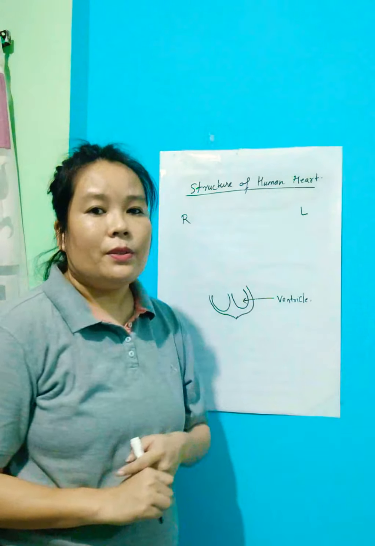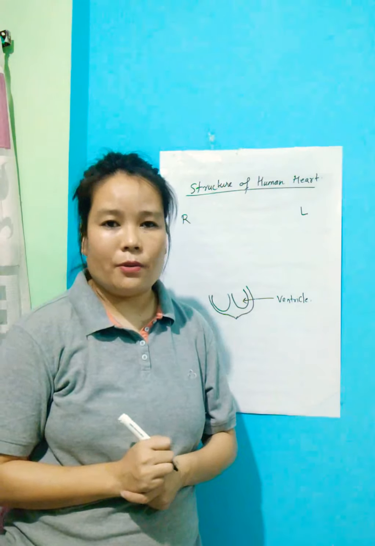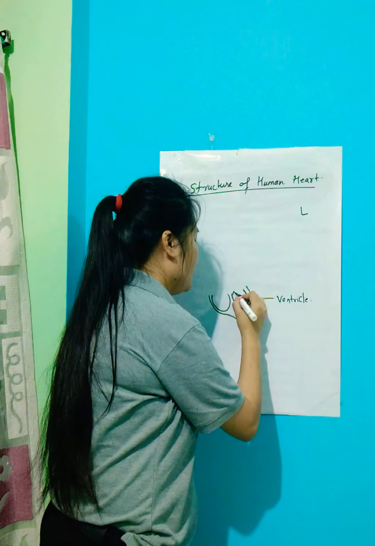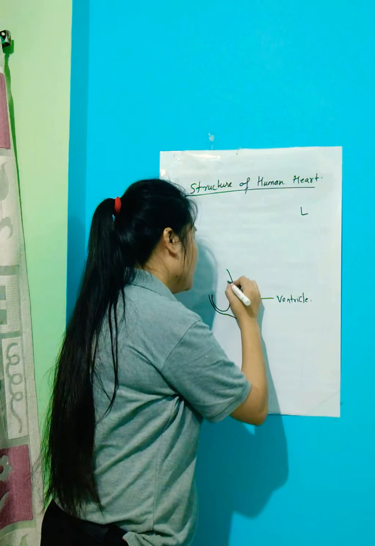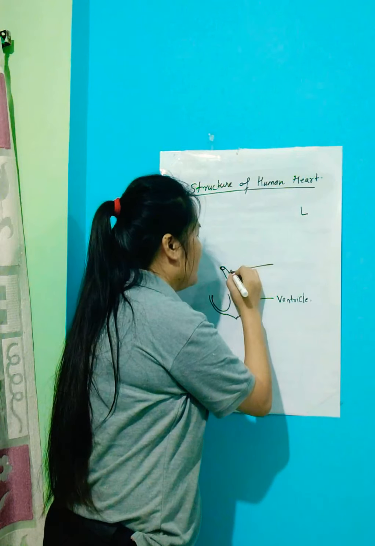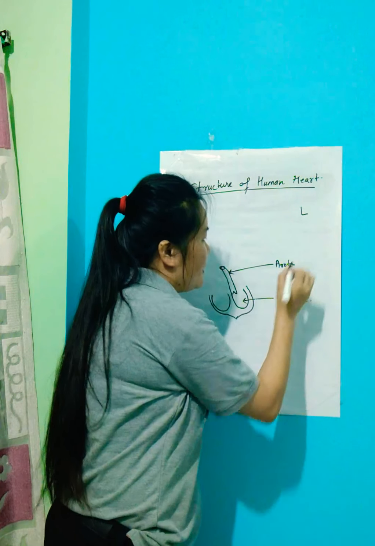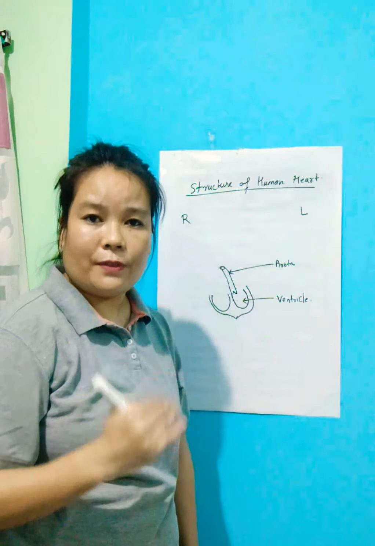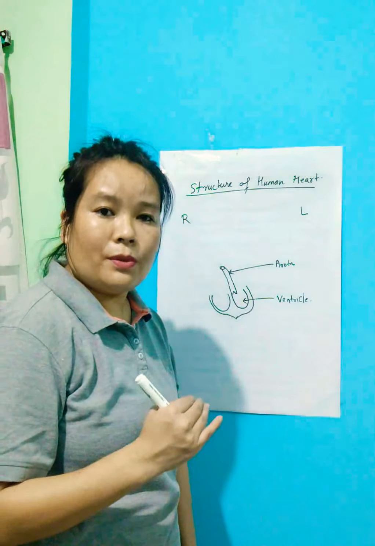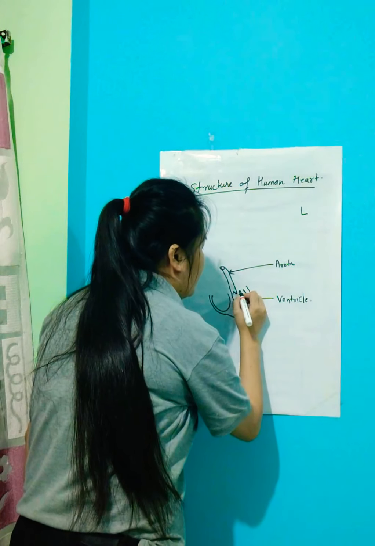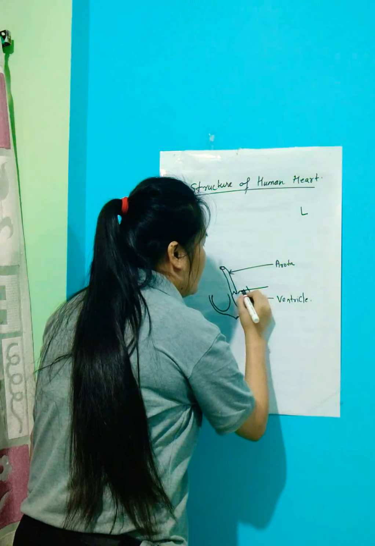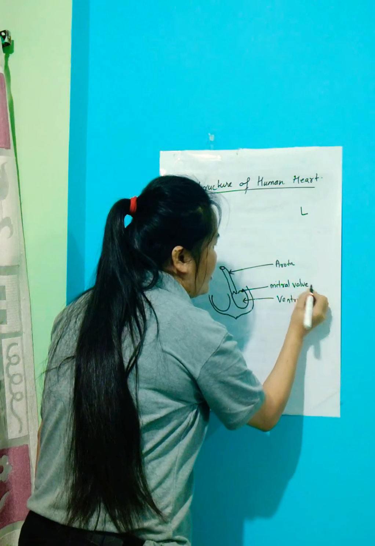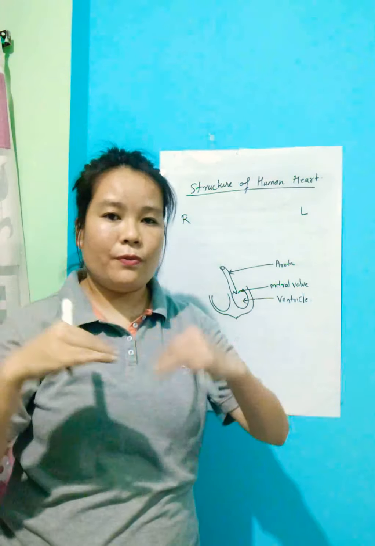It is open to the largest artery, which is known as the aorta. Now the upper chamber and the lower chamber are also connected for the flow of blood, which opens and closes with the help of a valve. Here is a valve known as the mitral valve, or you can also say bicuspid valve, because there are 2 flaps.